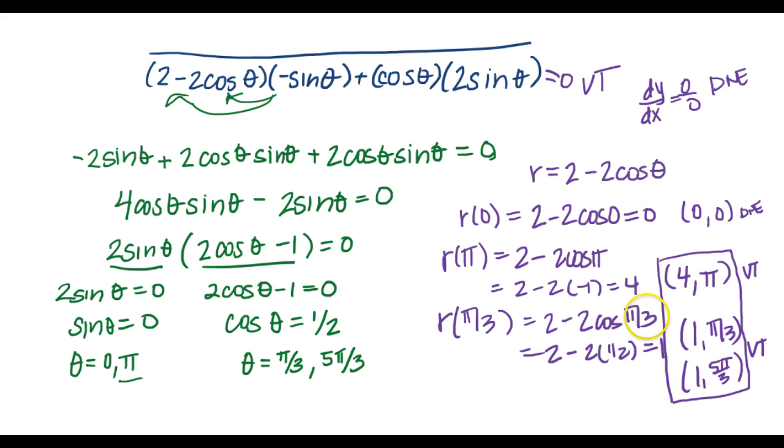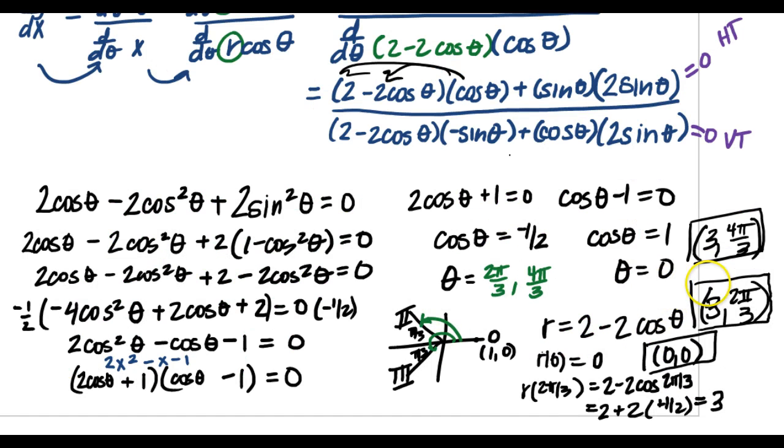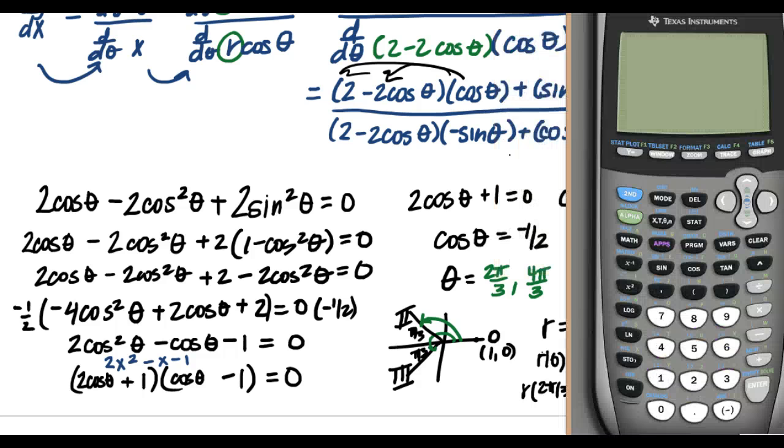And then from our previous work, we have horizontal tangent lines occurring at 4 pi over 3 and 2 pi over 3, and we are going back and eliminating (0, 0) as a point of horizontal tangency because the derivative does not exist at (0, 0). So we did all of this work by hand to get the appropriate angles written in terms of radians. What we're going to do now is graph the original function and see if our answers correspond to the graph, see if it makes sense. So let's go ahead and graph